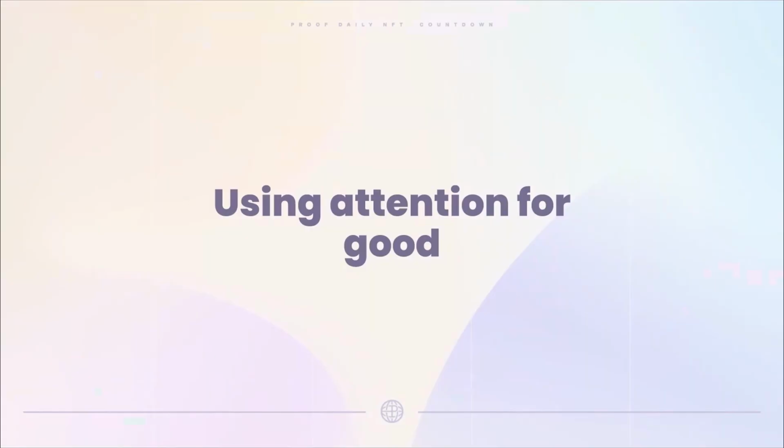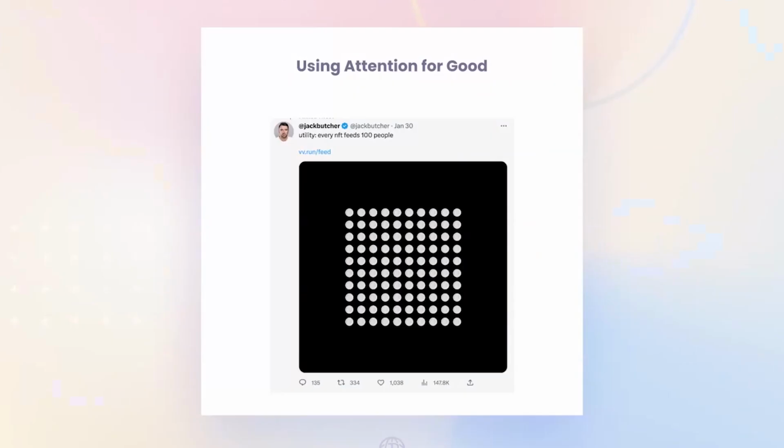So I don't know. That's just kind of basically what you're buying at these prices. One thing I do love about what Jack Butcher is doing is he is using the attention. This is an attention economy, and he is using the attention on him right now for good. Recently launched a mint where every one of these plates that you would buy feeds 100 people. He donates it to a charity that feeds underprivileged people in America, and he's already minted